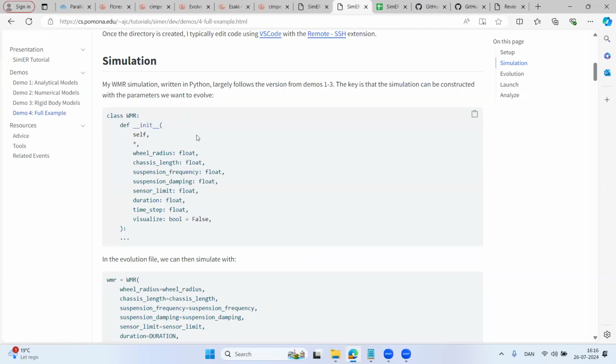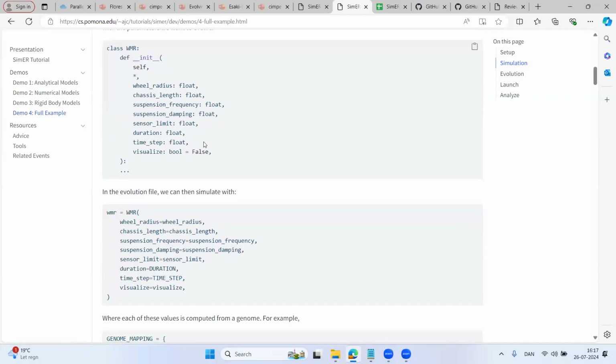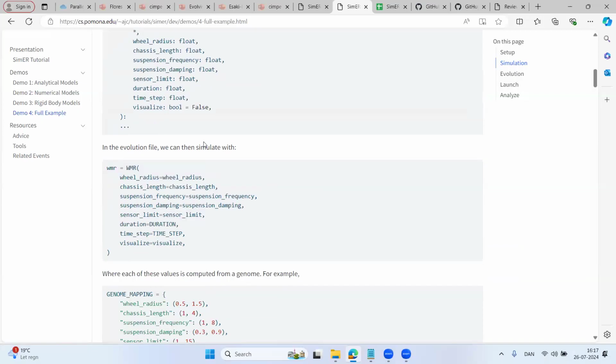So inside this class, WMR, Wheeled Mobile Robot, you'll see all that stuff I just talked about with Box2D or Planck.js. I'm creating the environment. I'm creating the bodies and the shapes. I'm attaching links to connect those things together. That's all shown in there. If you want to do an even better job of this, you would decouple the environment aspects from the robot aspects, but I just have them all in a single class since this was a simple enough example. And then how do you actually create one of these? So I can just create a new WMR by passing in all the different values.